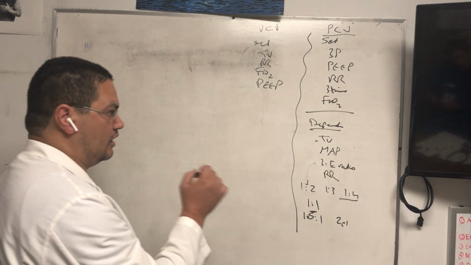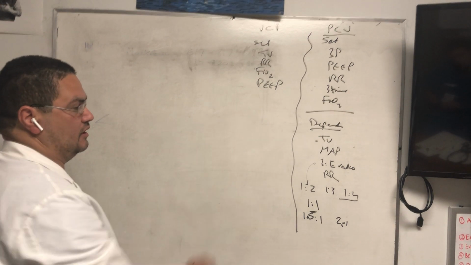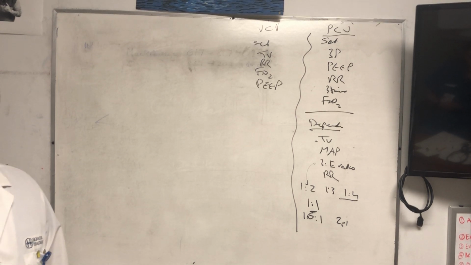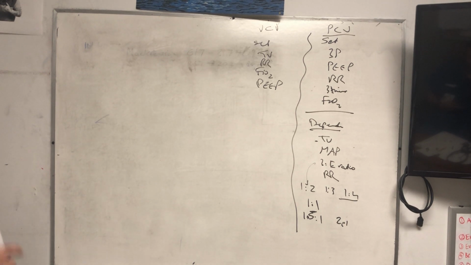But if you're switching for hypoxia, you're switching for the I time, so you have to tell the I time. Sometimes if I want to be quick, or when I trust the respiratory therapist to do whatever they want, I just say, give me a 1-to-1 I to E ratio and do the rest. That's more important than anything in cases of hypoxia, right? And then what else is a myth of pressure control?